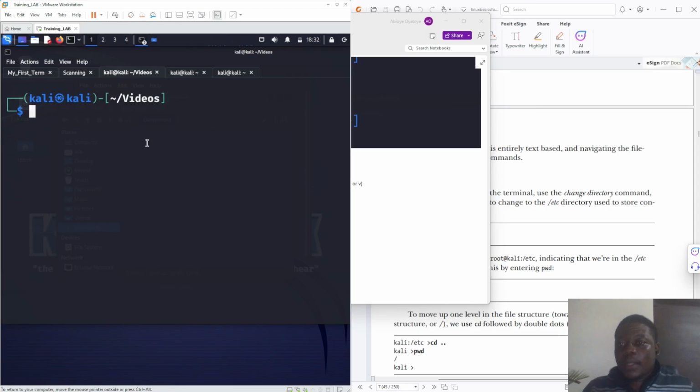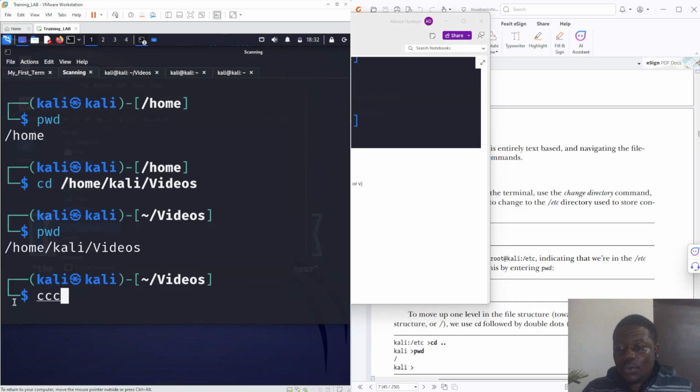So now the next thing to do is, let me come back to this point. Now we have been able to jump. We are jumping like the jumpers. If you have watched that movie, Jumpers, where they can teleport. Now we've been able to teleport. The same thing is we can use cd /home to go back to home. But if you want to go back stepwise, if you want to move upward,